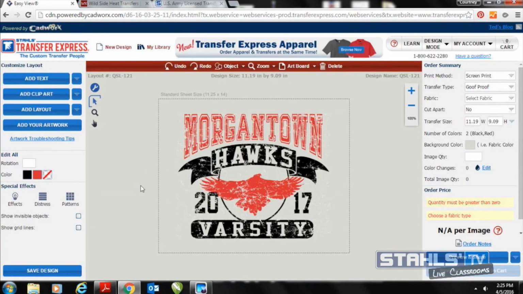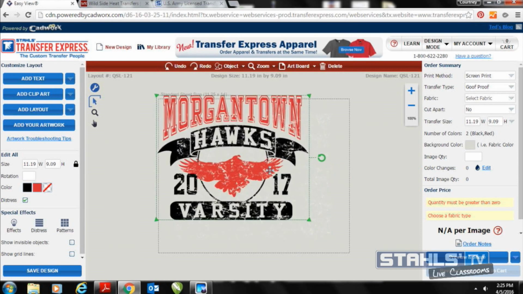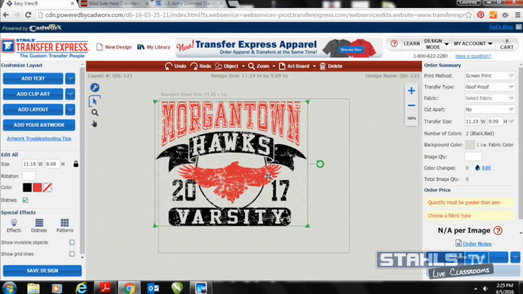And one other thing I mentioned earlier is the ability to gang sheet. And I talked about that a lot with the design that I did with the 3-color resort on the orange hooded sweatshirt and some of the benefits that you can get by gang sheeting. And one thing that I often find is that you'll look at different pieces of artwork. And this sheet that we're looking at here is actually a full 11¼ by 14 sheet. And so what I recommend to all of my customers is to be able to leverage that sheet in any way that you can. And so rather than just printing that Morgantown Hawks in the 11 by 9 inch design